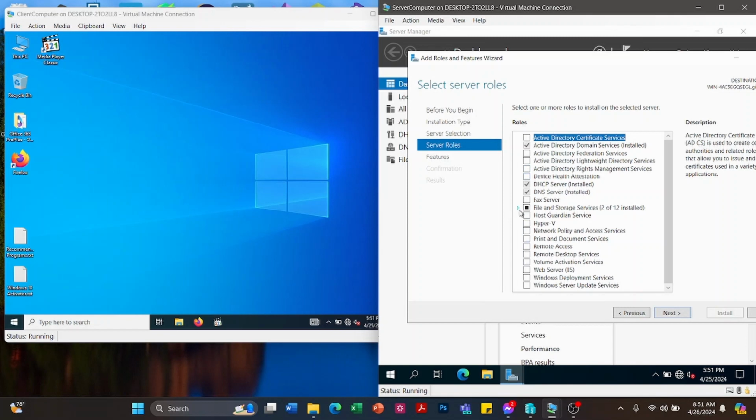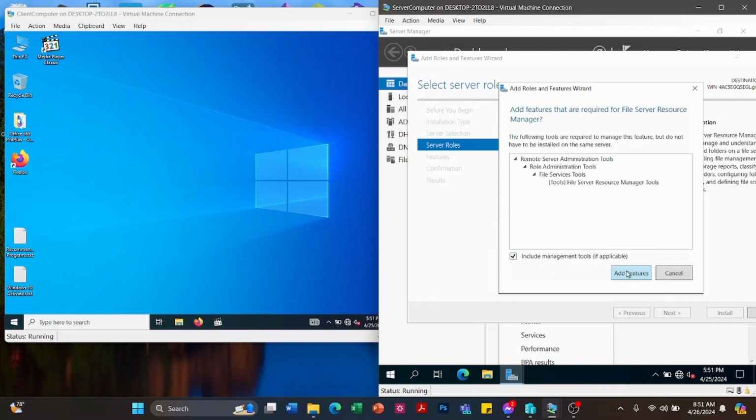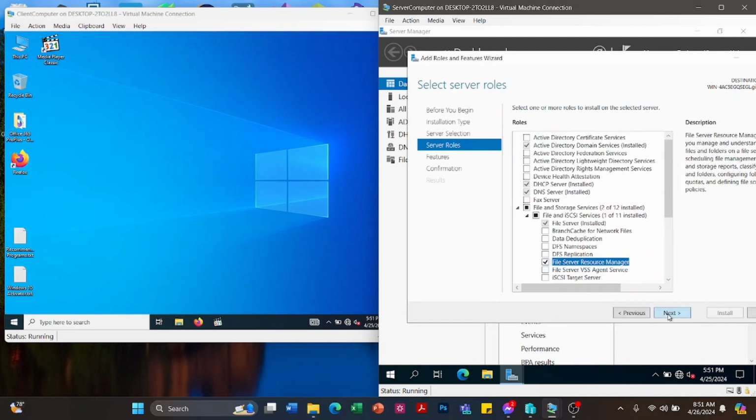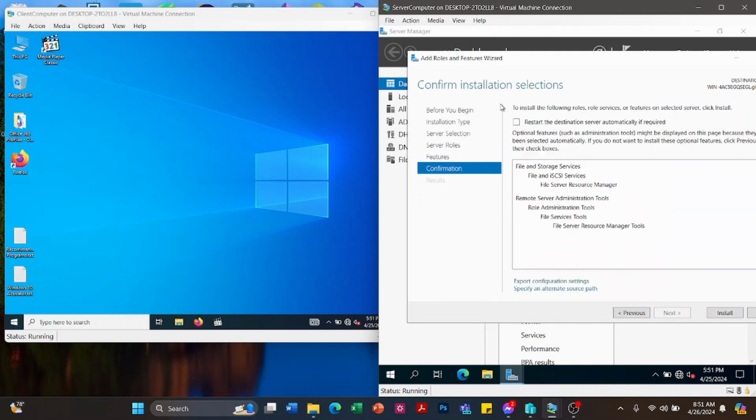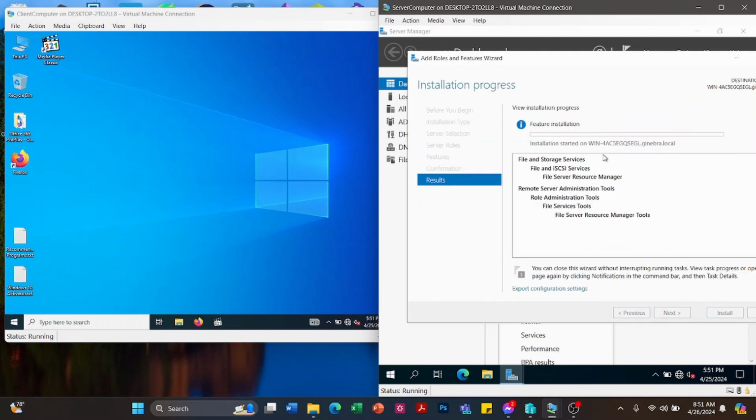Then expand this one. So file server resource manager. So we're going to install this one, add features, then next, next. Okay, then restart, yes, install. Okay, so let's wait for the installation to succeed.